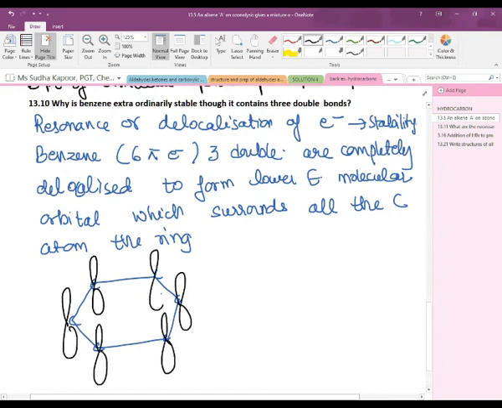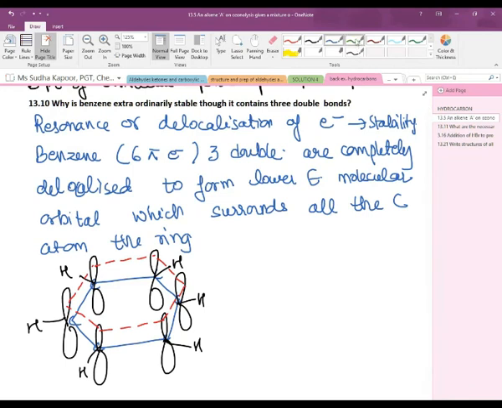So these are the p orbitals. And there is also one hydrogen with each of the carbons. So this is the hydrogen part. Now what we can show here is there is a delocalization. You can see here that these are the pi electron clouds above as well as below the surface. This is the below surface part undergoing the pi delocalization, the delocalization of the pi electrons, which is now equivalent to how we can write it.